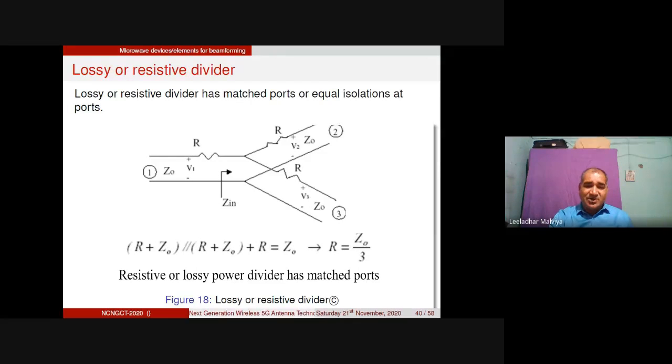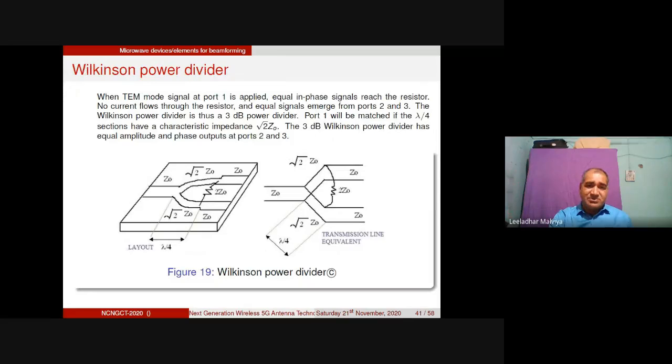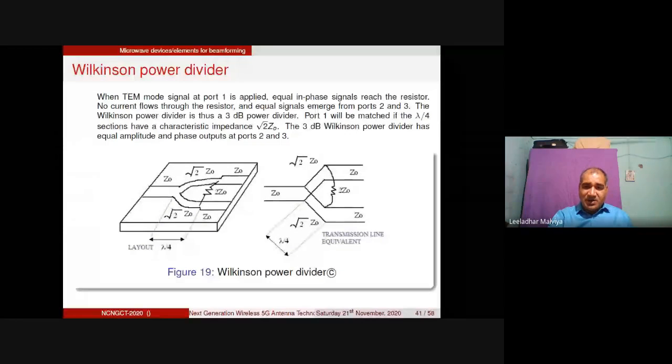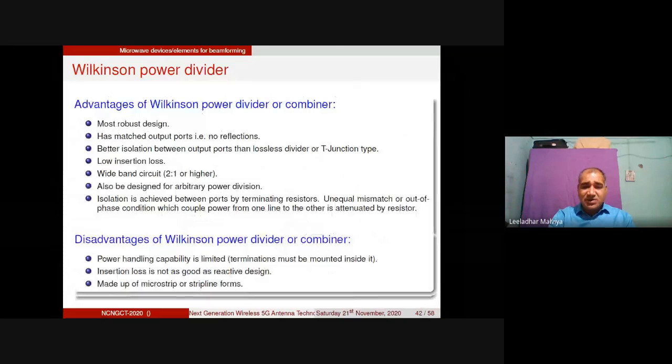So this is one of the losses of the resistive power divider, and that's why these are known as lossy power dividers. Similarly, the strongest candidate among these power dividers is the Wilkinson power divider. This is used to provide a 3 dB split of the amplitude and the phase at different output ports, right? There is a combination of the 50 ohm line and the quarter wave section, or 70.7 ohm line, and the 50 ohm line. So the Wilkinson power divider is capable of showing a better solution in comparison to the resistive or lossless power dividers. Okay, now I am skipping this slide.